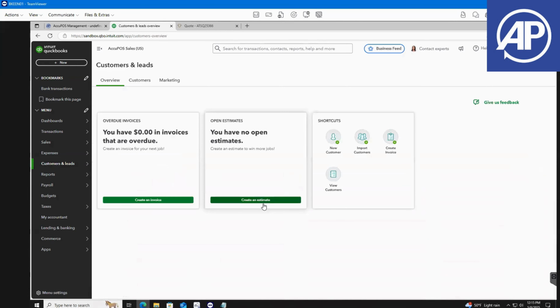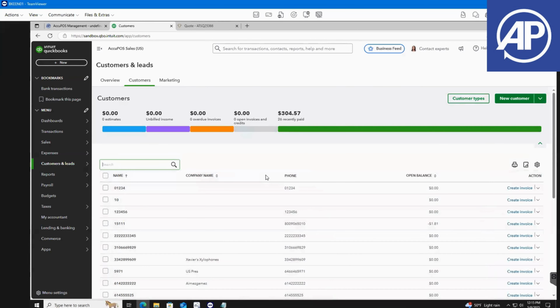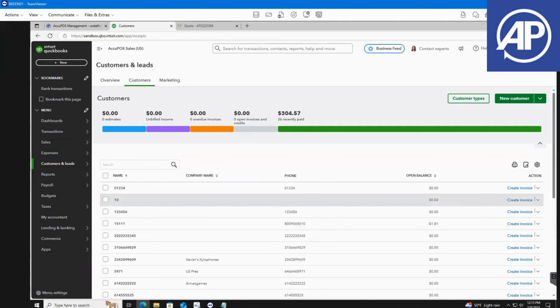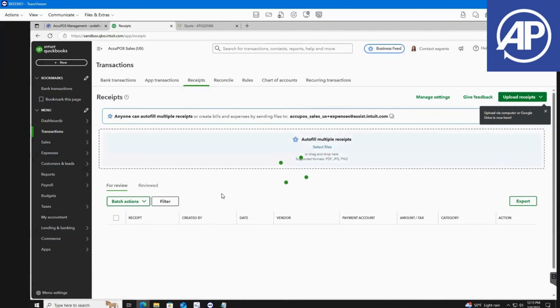But there's also an overview, of course. It gives you your overdue and then all of your shortcuts and stuff like that. So it's all in here for you. Your reporting, all of your standard reports, all that fun stuff. Of course, any report out of QuickBooks is going to be more accurate than out of the point of sale. But if you even want to look at